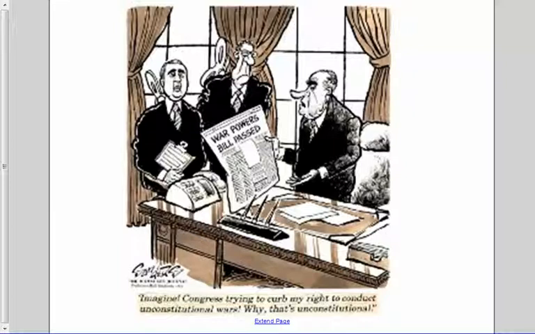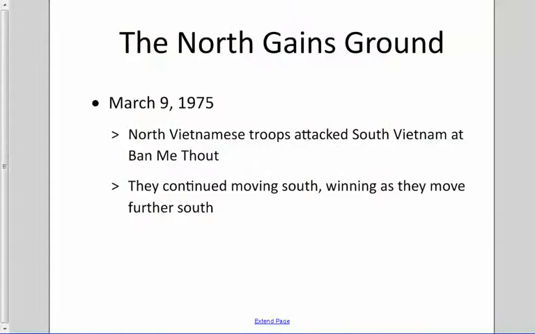But remember, he had that invasion of Cambodia that happened. Then we had the Kent State shooting that happened. So he really had some issues with that. So he was very upset that they passed this and were limiting him, but he was trying to get us out of the war. So trying to get out of the war, Ford is now in charge, and in 1975,